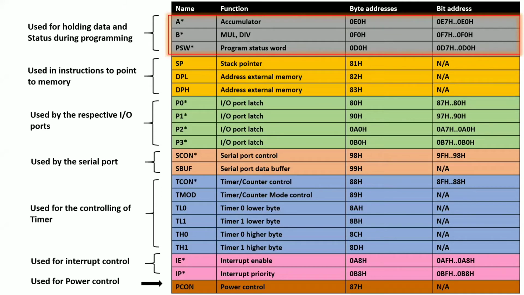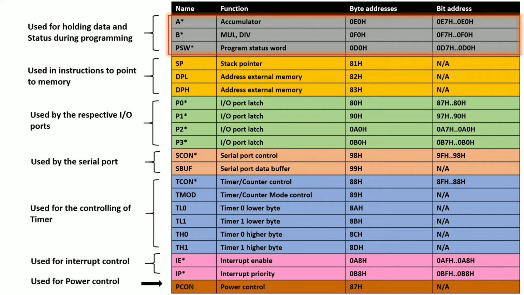First take the first three registers: A, B, and PSW. What is meant by A? A is nothing but your accumulator, which we have already discussed during the architecture. Why is it named accumulator? Because it can store all the previous result values. That's why the name came as accumulator.